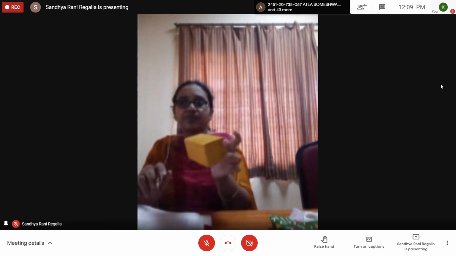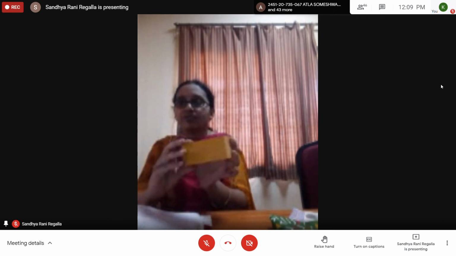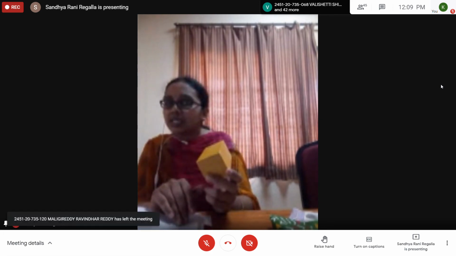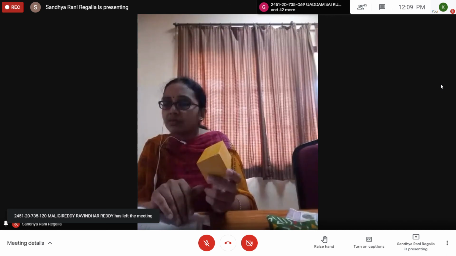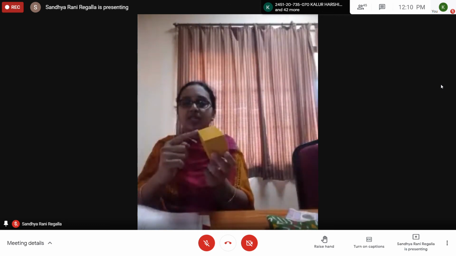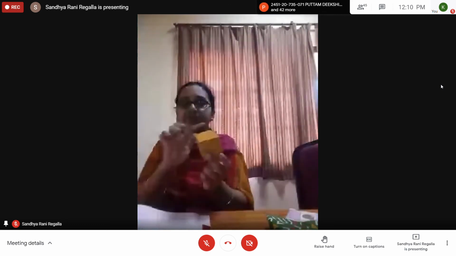This is a cube. It's a square prism actually. I don't have a cube with me. So if you assume this as a cube, the condition given is resting on HP on one of its edges. Edges means these are edges. Okay, all faces are square faces.